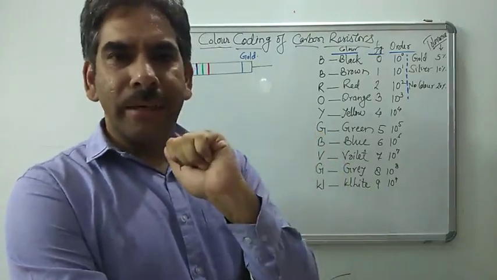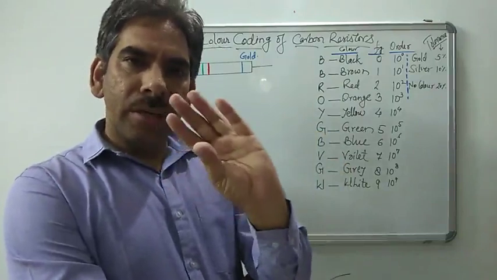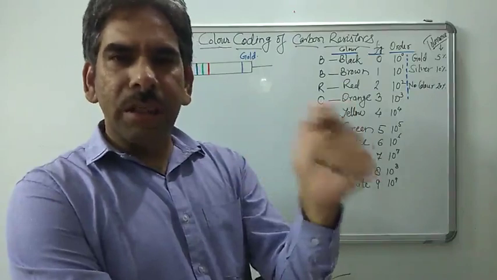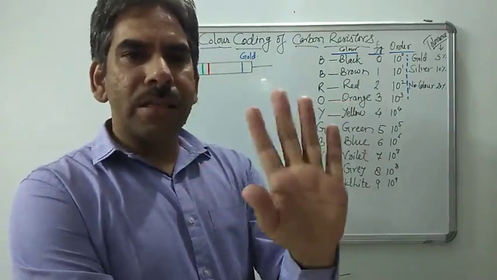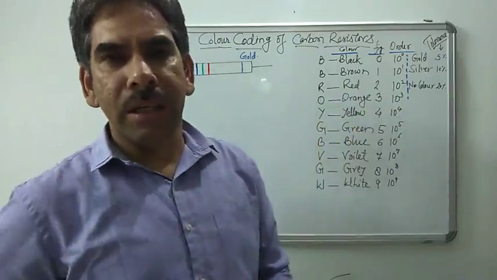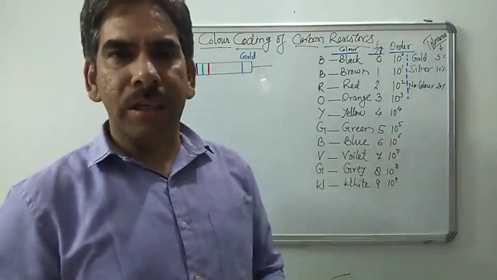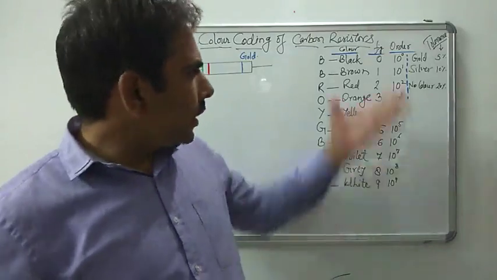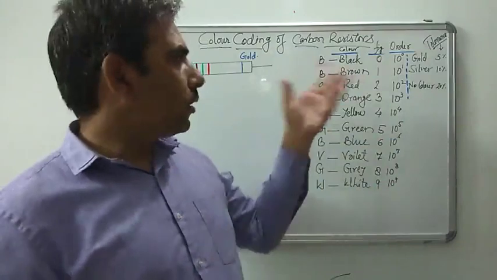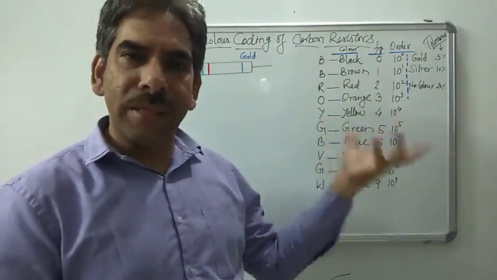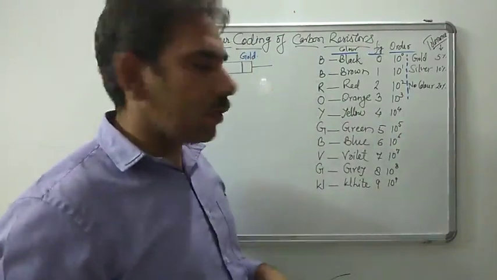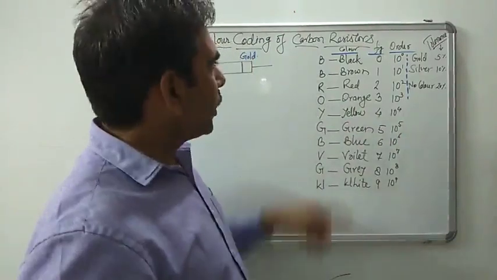the resistor itself. There are 4 bands on the resistor, and these 4 bands, under some pattern, specify the value of the resistance of that particular resistor. So here is the table which is necessary to remember while we decode the color coding of the resistance of the resistor, right? These are the colors which are generally mentioned over the resistor itself.